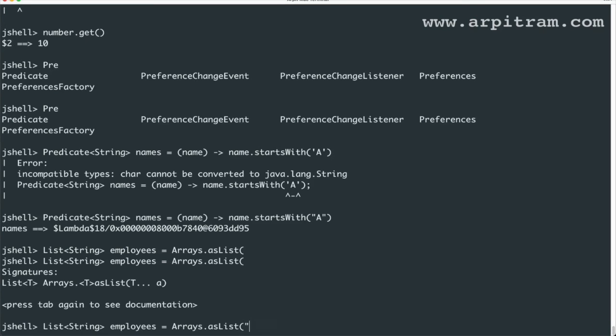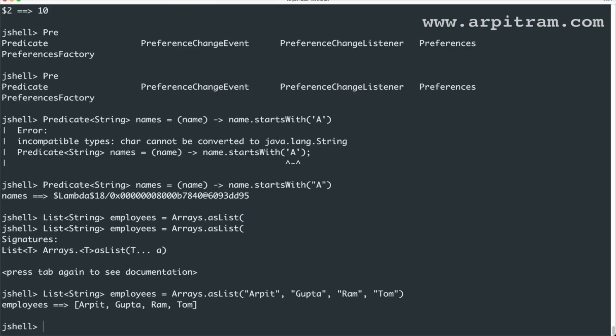And if I'm using this, I have to pass a list of employees, like Pet, Gupta, Ram, Tom, something, right? So this will create a list of employees.